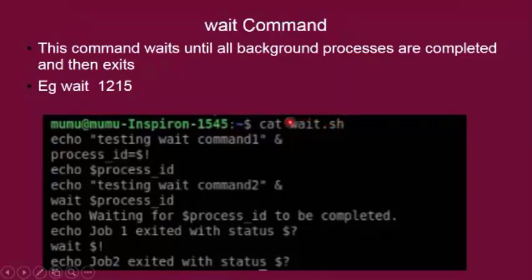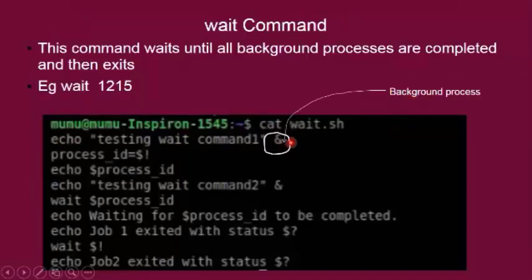I have created one file called wait.sh. What is the content of this script file? First I have written the echo command. This will display on the terminal: testing wait command 1. Then you can see this ampersand sign. When you write this ampersand sign in the Ubuntu operating system, it means that this process is to be run in the background.